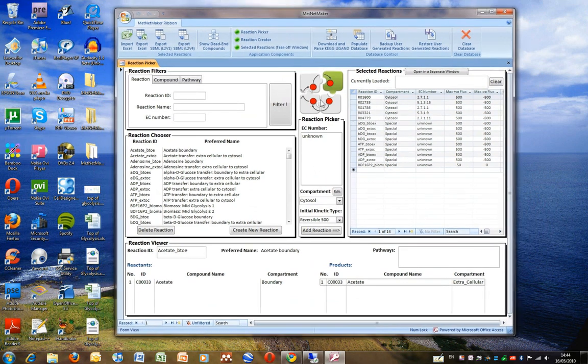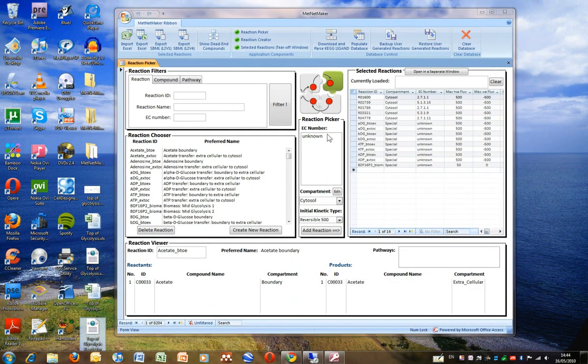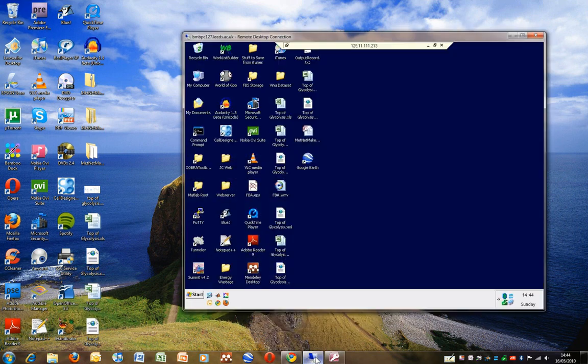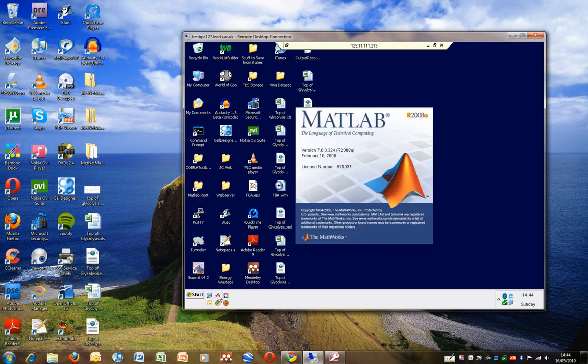So if we load MetNetMaker up, we see that it keeps the same reactions as it had when it was last closed. And actually I don't have the Cobra toolbox on this computer, so I've logged into my other computer where I have all of the same files synchronized to it, and this is where I'm going to perform the flux balance analysis in the Cobra toolbox. So let's load up MATLAB,